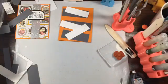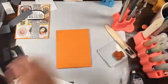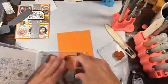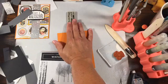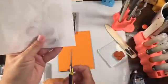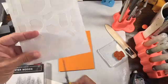So then, just to give a little bit of visual interest to the background, since we're not going to really crazy it up, what I'm going to do is I'm going to use one of these background stamps that I was talking about. So I'm going to go ahead and do Winter Woods. I'm going to do the woods. So this one is a slippery one. So this is the clear mount. So what I'm going to do is I'm just going to take a piece of, in case you've not seen this, I'm going to take a piece of the extra from my